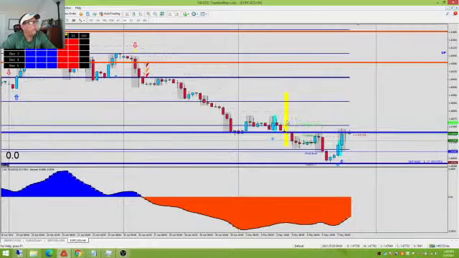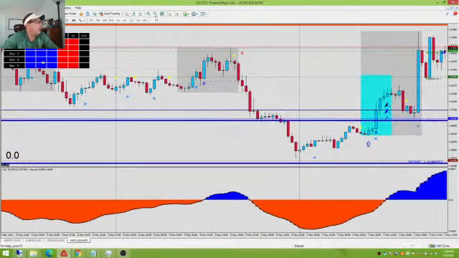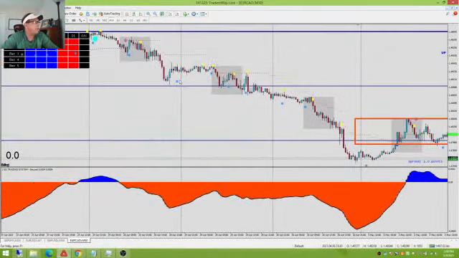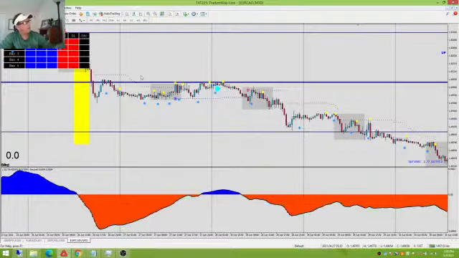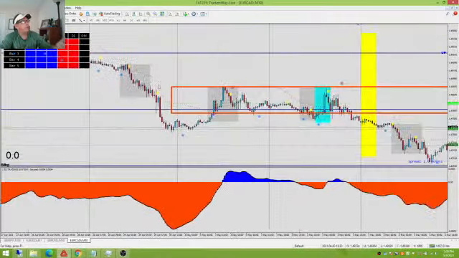So this would be the last, so this one right here. I'm looking at the WPR signals on the 4-hour. So what I'm saying is I'm finding the 4-hour WPR signal direction to show me direction, and then hopping down to the lower time frame. And that means I can take any signal between the yellow box and the blue box